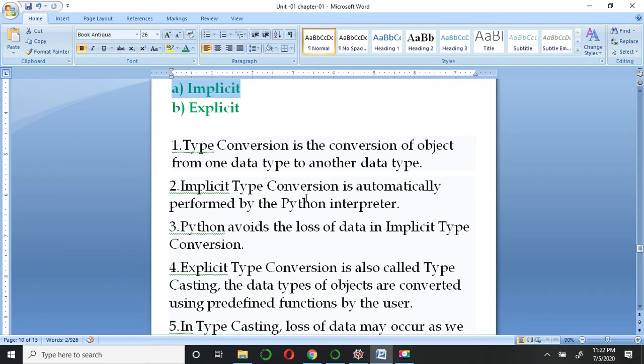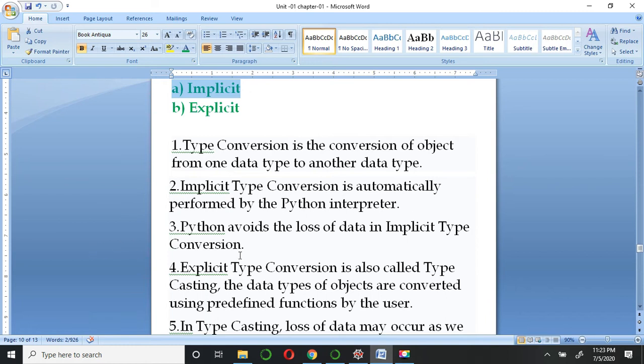As in the second program I just told you, the Python interpreter will use its own functions, which are already defined in the library. The third line is: Python avoids the loss of data in implicit type conversion. Python ensures that the data we are using, because programming is all about the data, should not go anywhere. So Python avoids the loss of data by using implicit type conversion.